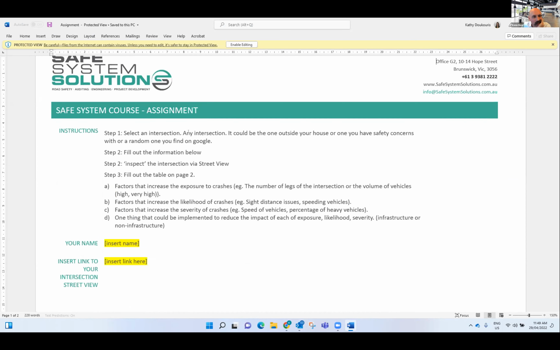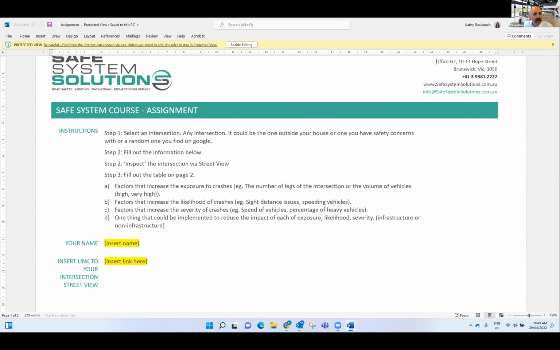It could be any intersection, the one out the front of your house, the one near your office, or one that you remember from a holiday you went on. It doesn't need to be one that you think is particularly dangerous, just pick an intersection. You're not going to need to go to it, but if it happens to be out the front of your house or something, you can certainly use that.